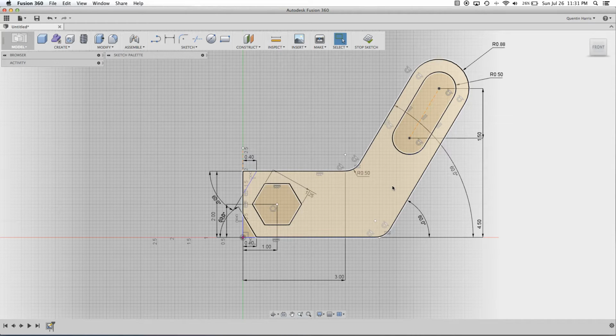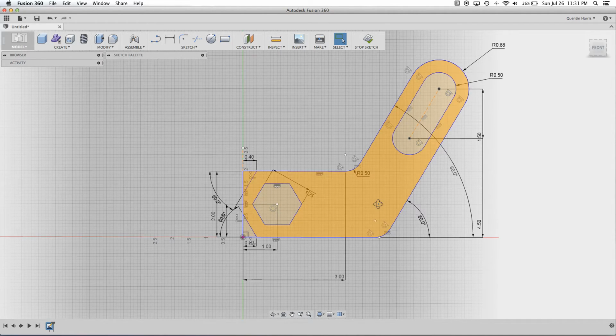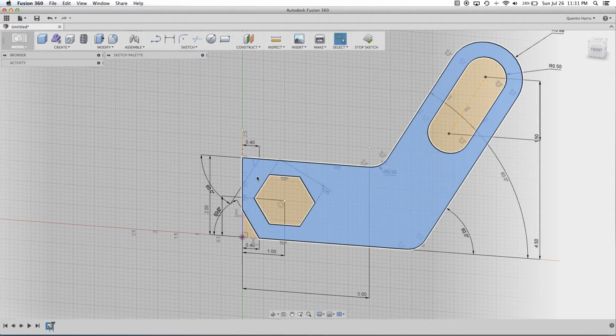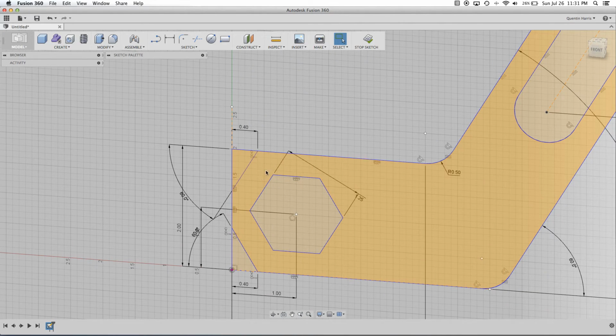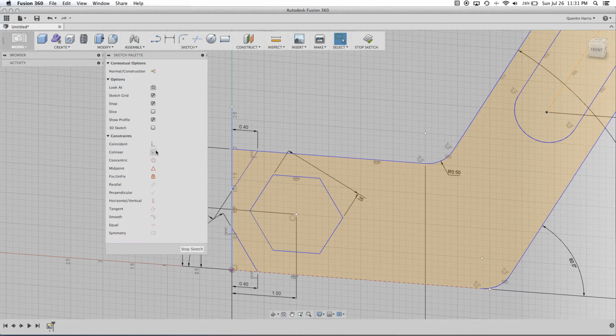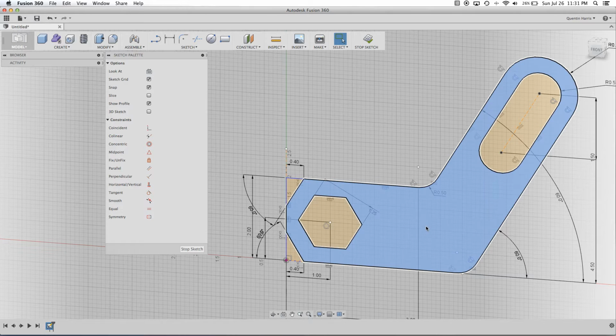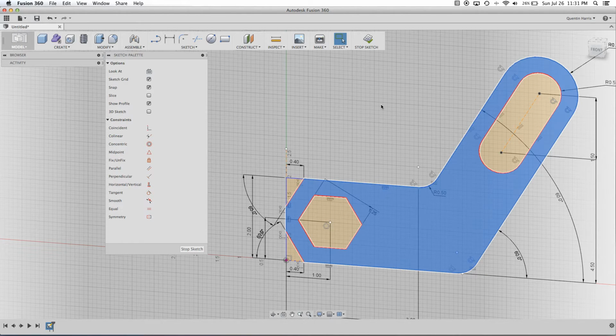So if I go ahead and select that, for some reason that's not. I wanted this to be closed, so I'll just go ahead and make that coincident. There we go. Okay. So now I have this shape, and then when it turns blue,